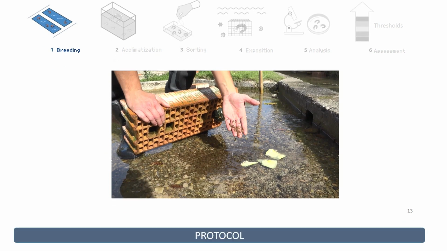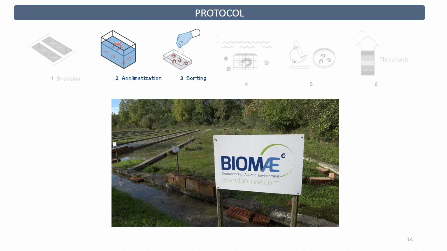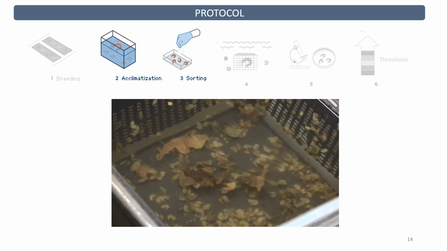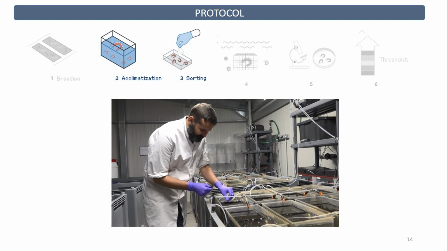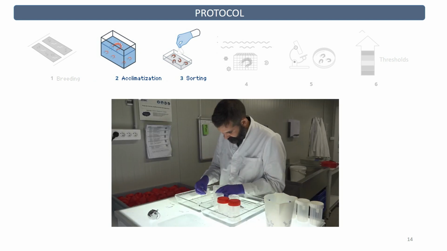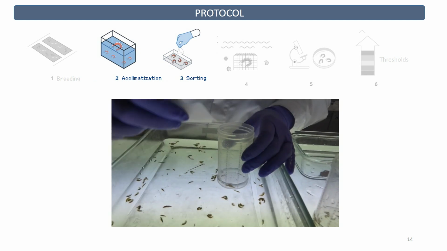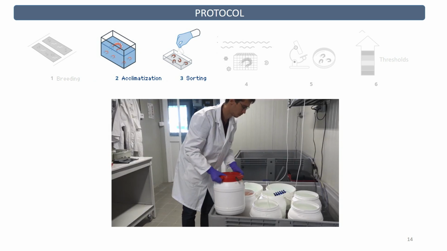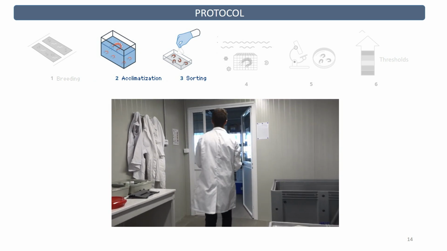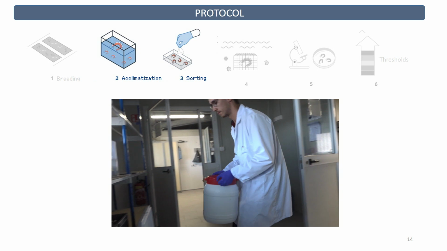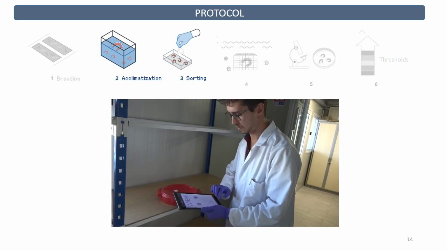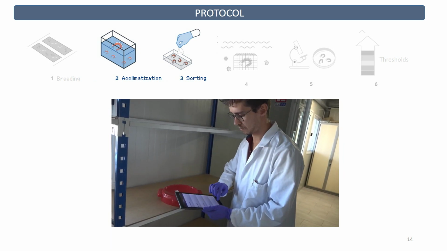After, we have a step to acclimate the organisms under controlled laboratory conditions, and we sort organisms according to their size, gender, etc. After, the organisms are sent to the station,